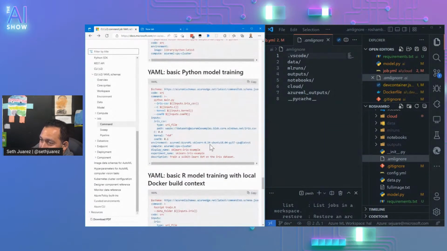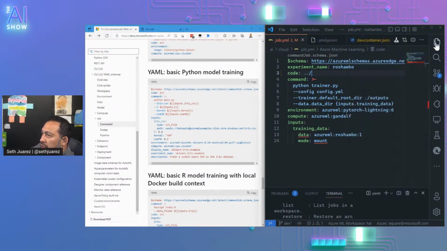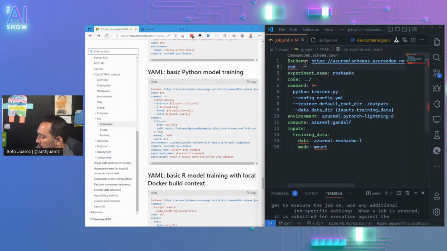So basic model training. Cool. Let's just try it. Let's just forget this. So we'll put the code here.